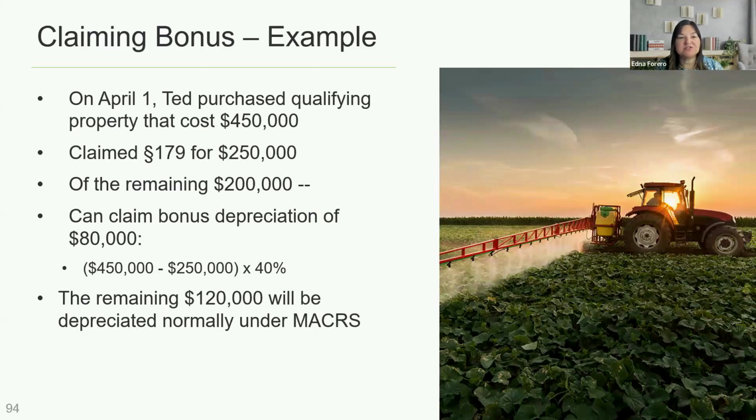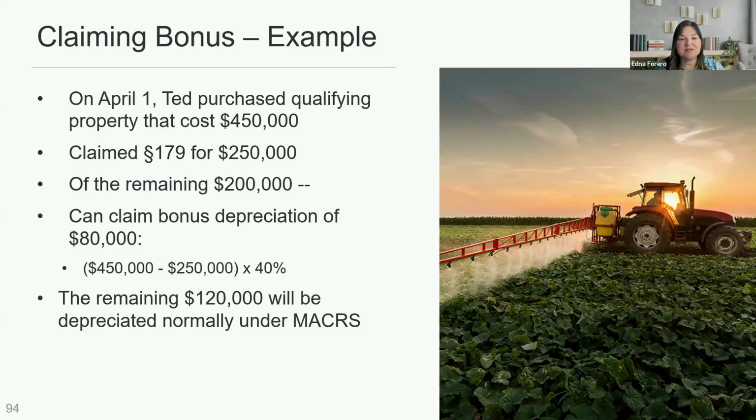April 1, Ted purchased qualifying property that cost $450,000. He claimed section 179 for $250,000, and so now he has a remaining amount of $200,000. That remaining amount can be used to claim $80,000 for bonus depreciation, and the remaining $120,000 is then depreciated normally under MACRS. All right, so he bought something for $450,000, claimed $250,000 for section 179. He expensed that. Of the remaining amount, he took $80,000 for bonus depreciation, and now the remaining $120,000 is depreciated